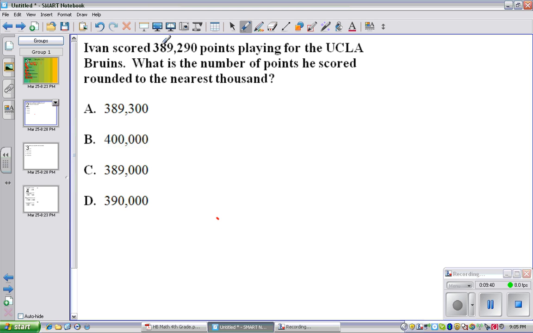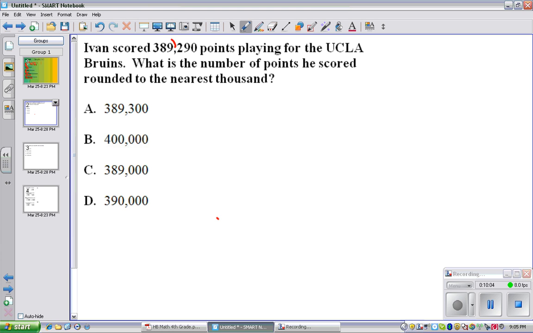Okay, Ivan scored 389,290 points playing for the UCLA Bruins. I'm actually a USC fan, go Trojans. What is the number of points he scored rounded to the nearest 1,000? So we need to find the thousands place, or the 1,000s place. Remember our pattern, ones, tens, hundreds,